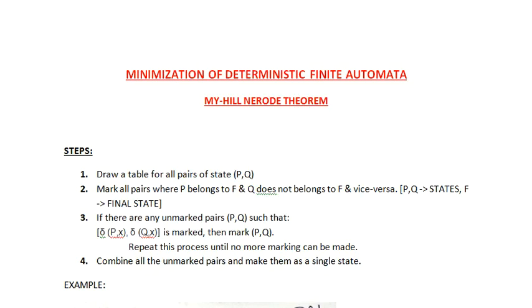So we are into unit number 1 where we are studying about finite automata. In the previous lecture we have undergone the topic known as minimization of deterministic finite automata, where we have learned a method known as the partition method, also known as the equivalence method. I have also discussed an example where you have understood how to use the concept of the partition method.